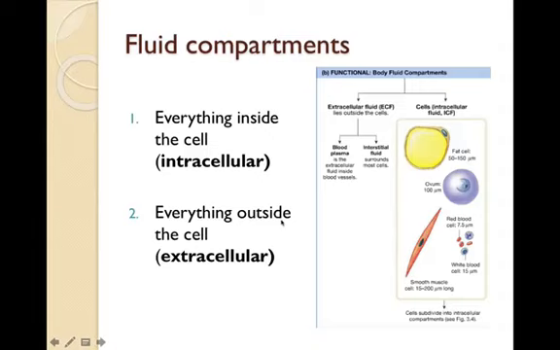There's also fluid compartments within the body. Each cell is separated from each other, and there's fluid within the cell. So this fluid compartment is called the intracellular compartment. That's everything inside the cell. And then there's a bunch of fluid on the outside of all the cells, which is referred to as the extracellular component of